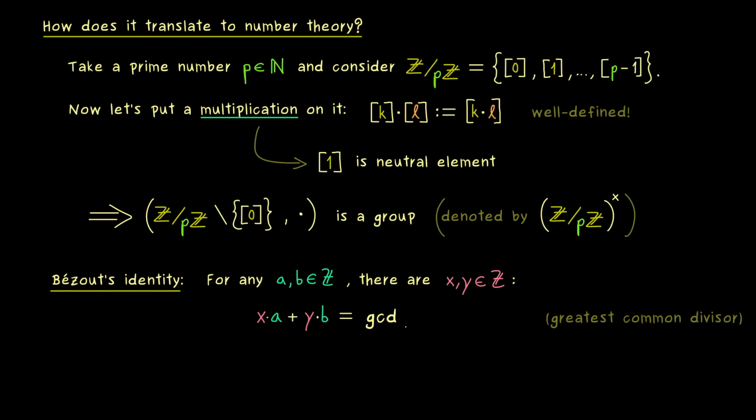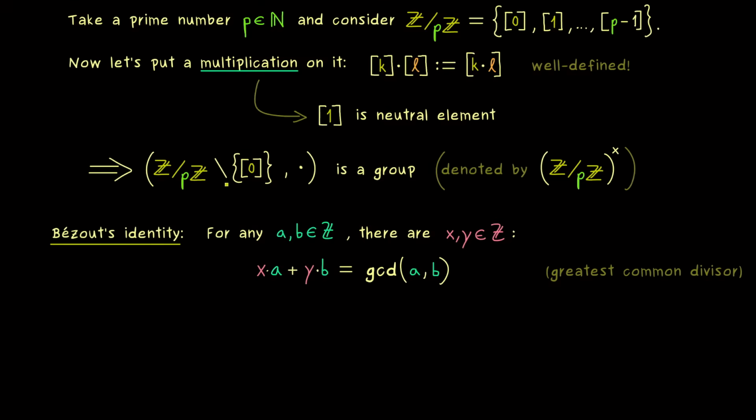So it should be a common divisor between a and b, but also the greatest one. This one is well defined, and you might know how to calculate it by using the Euclidean algorithm. In fact, Bezout's identity immediately follows from the complete Euclidean algorithm. And that's why I don't want to talk too much about it, because we just want to apply this result